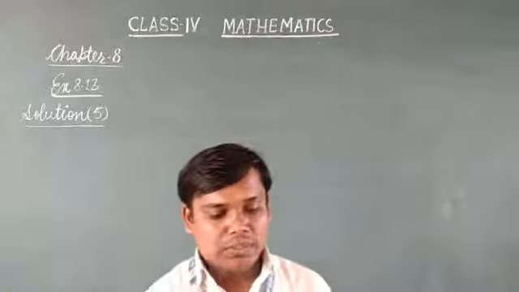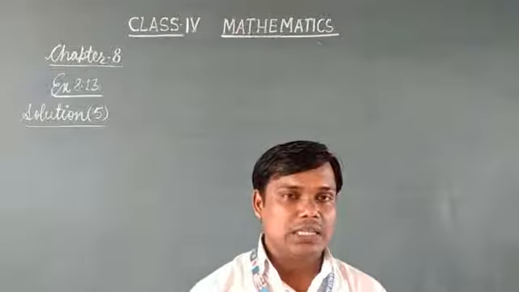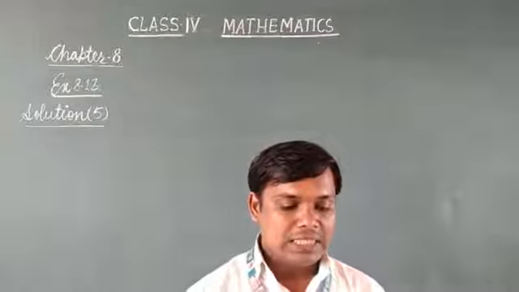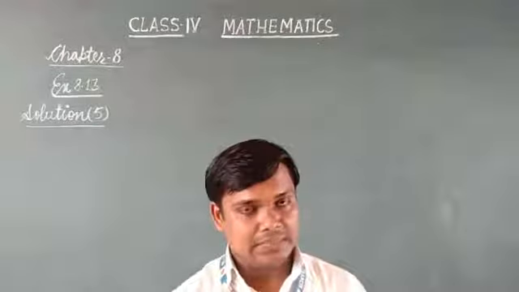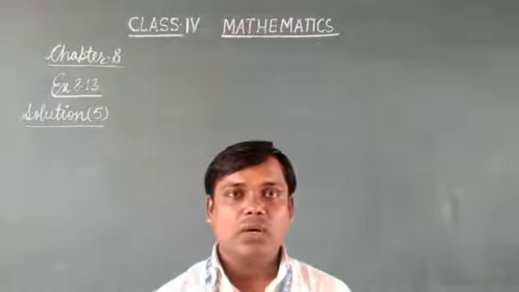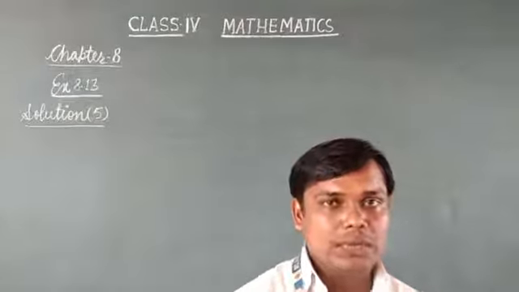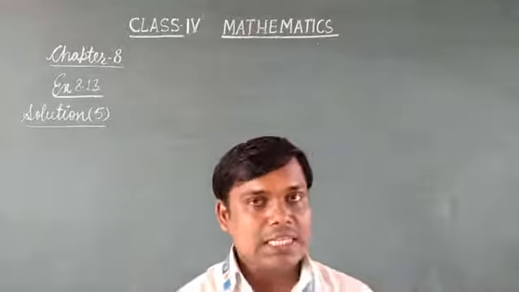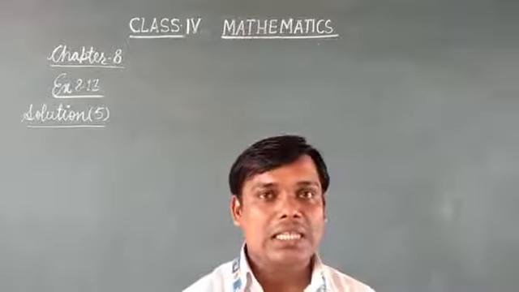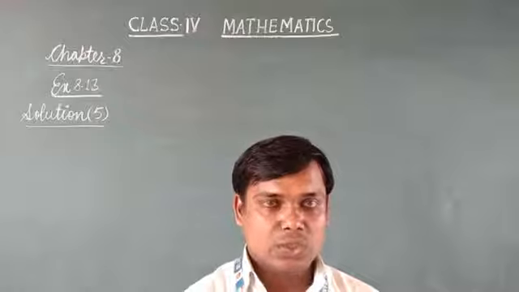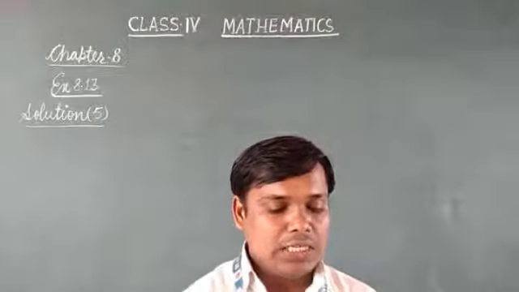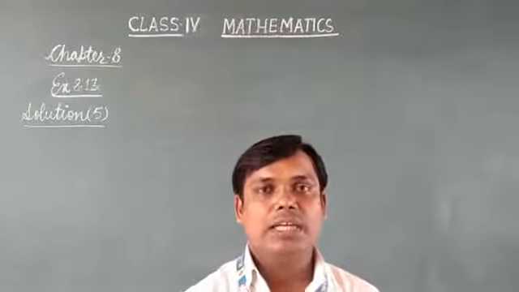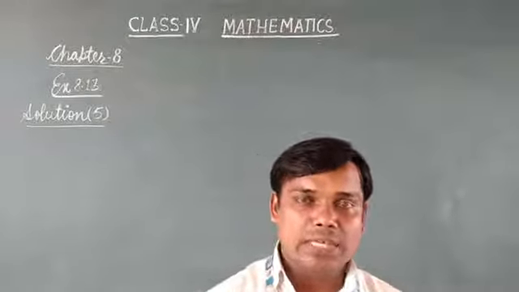Find the lowest number which when increased by 3 is divisible by 12, 16 and 18. As I have told already, to find the lowest number which will be divisible by the given numbers, in this case we will find the LCM of the numbers. So here we write, to get the lowest number we will find LCM of the given numbers.